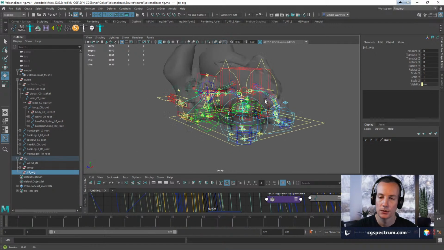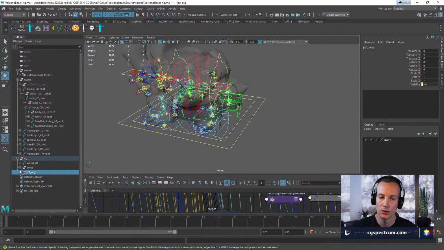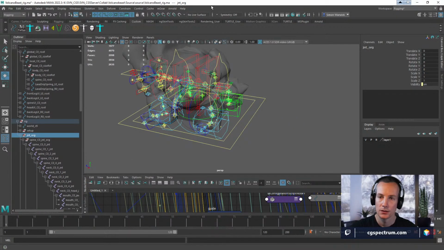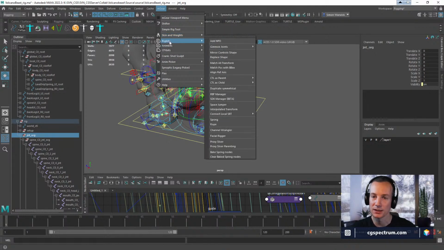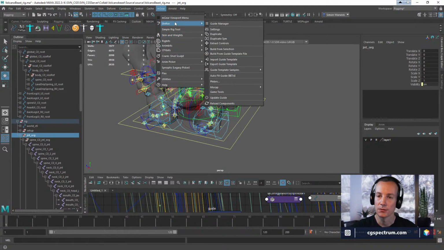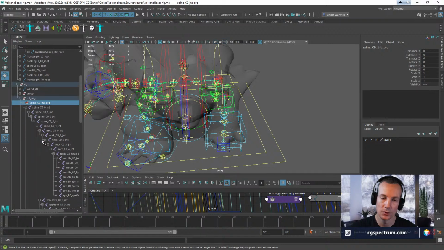So I have to skin the joints. I think this is something it would have been nice to find out about. Do they have the ability to export skins and import skins, or do they have some sort of system that makes skinning much better? I've got to find out, but we'll get there. And meanwhile, I just have to pick the root of the hierarchy.